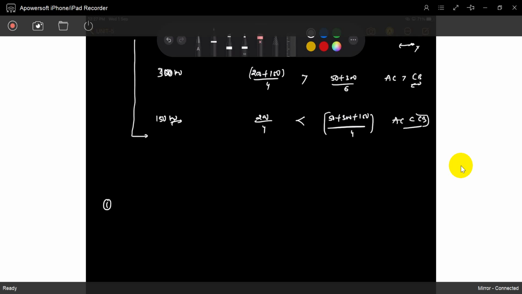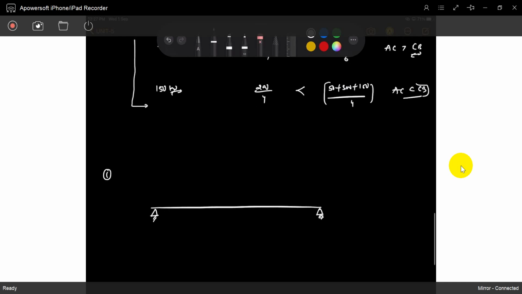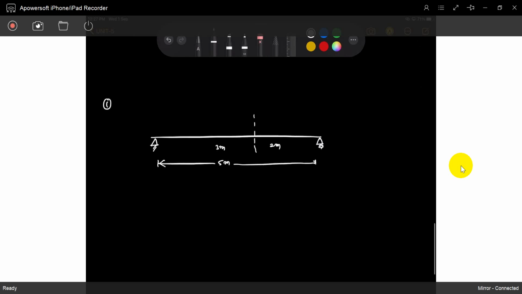So, no need to describe the problem. Everything in the problem is the same. It's a 5 meters span. We require a bending moment at 3 meters, at a particular section. So write down